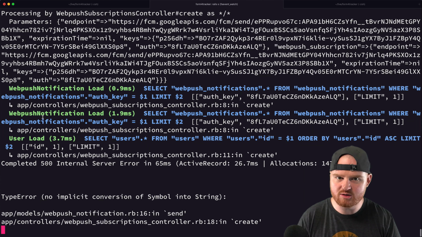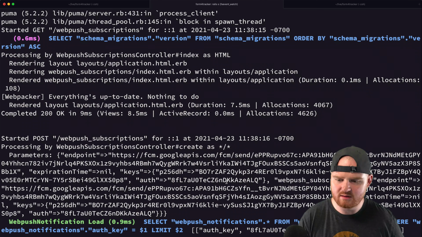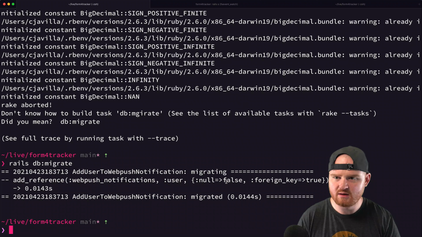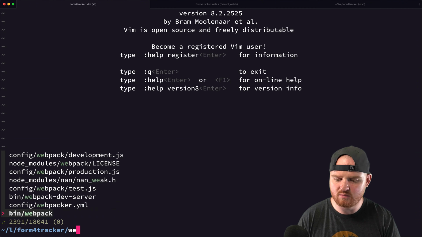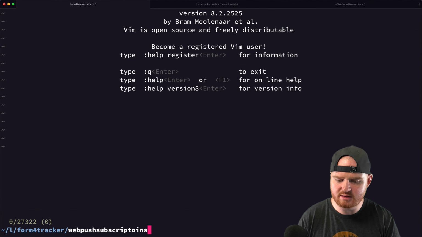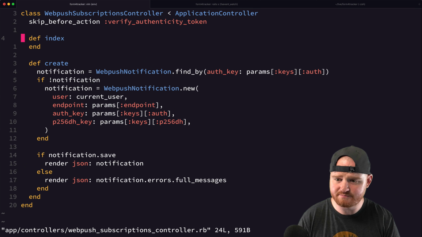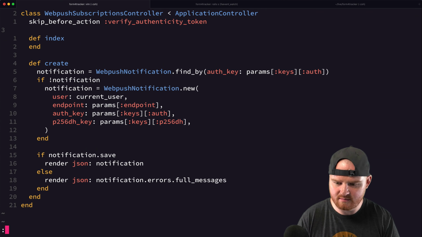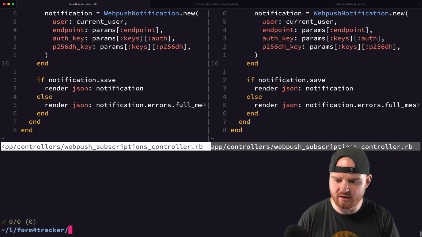happened? Let's go to our server log. No implicit conversion of symbol into string. For what? Web push subscriptions controller, on line 16. Oh no, over here, web push